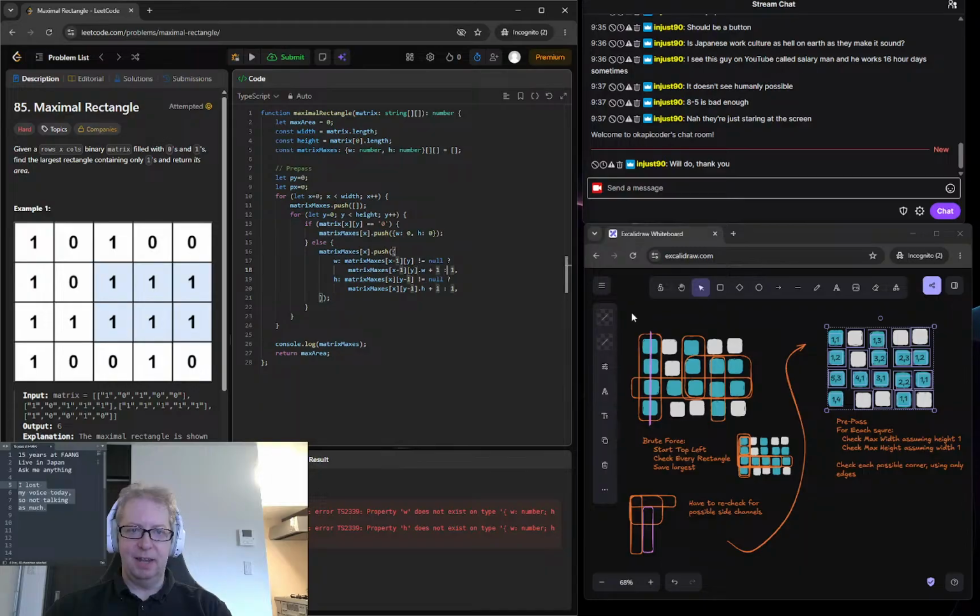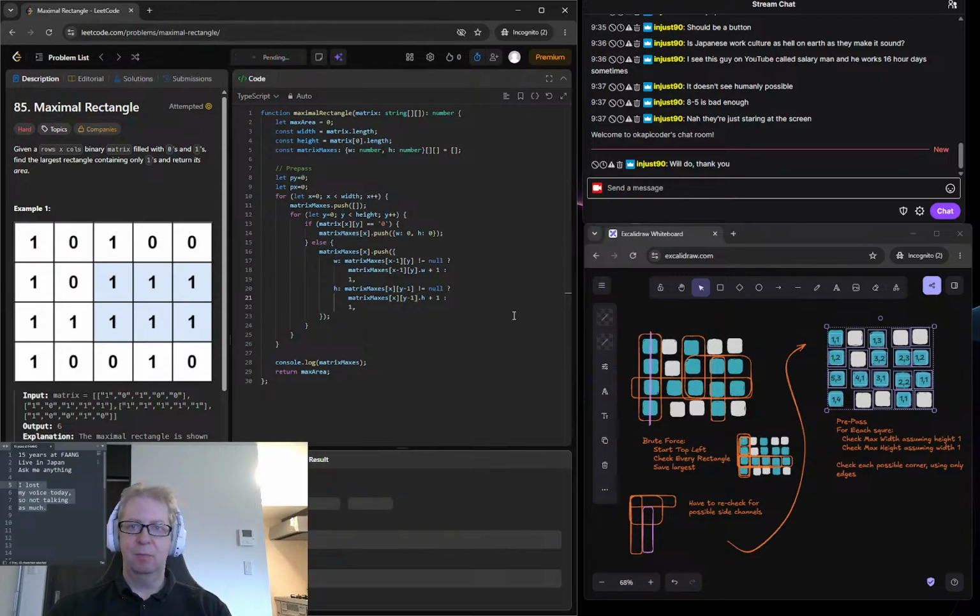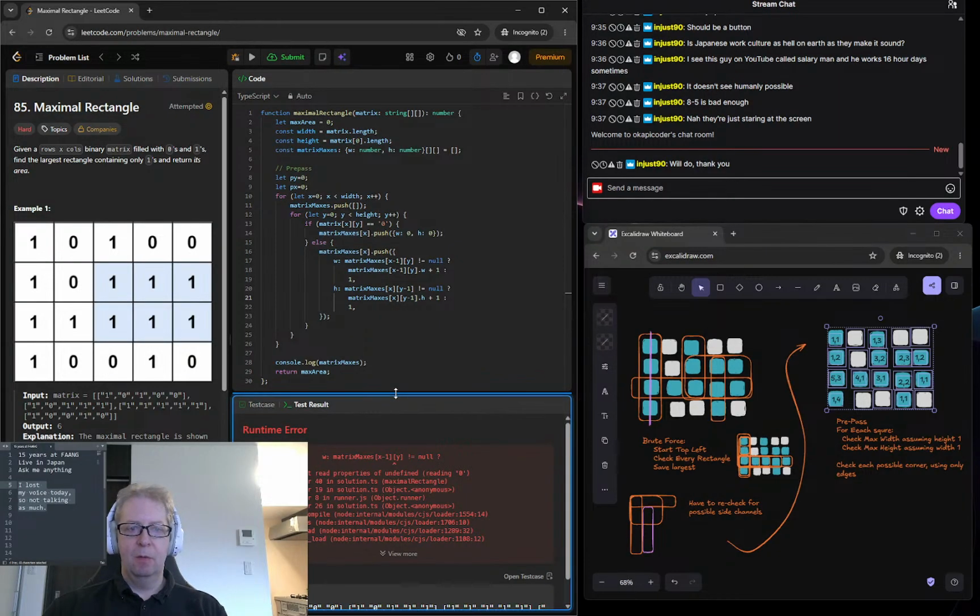Keyboard doesn't have an end or a home key. It's messing me up. Okay. X minus 1, Y, X minus 1, Y. Get the width, and Y, Y minus 1, well, get the height. Okay. Oh, let's see if that's right. Yep, that's what I was worried about. Okay, so I need to know if